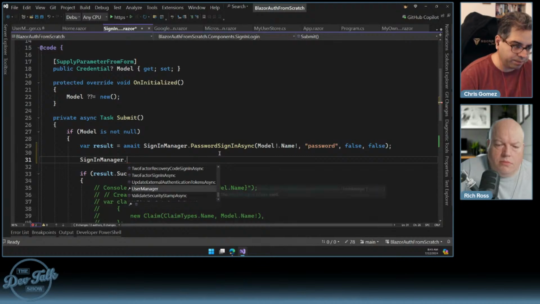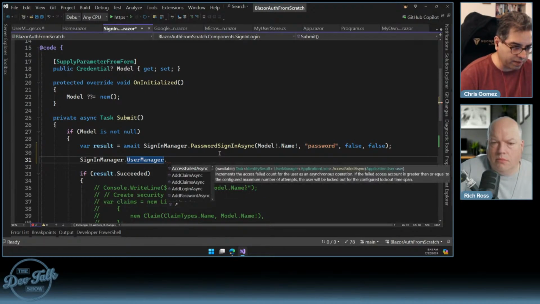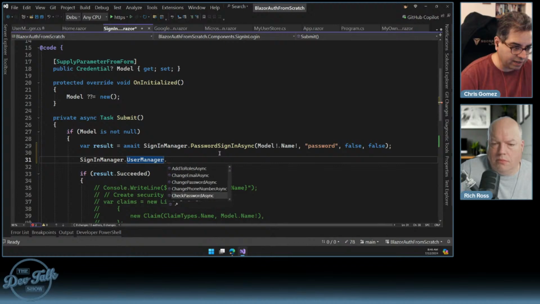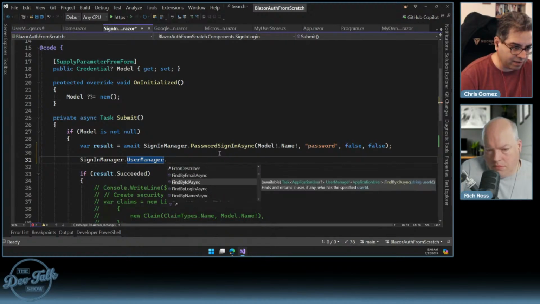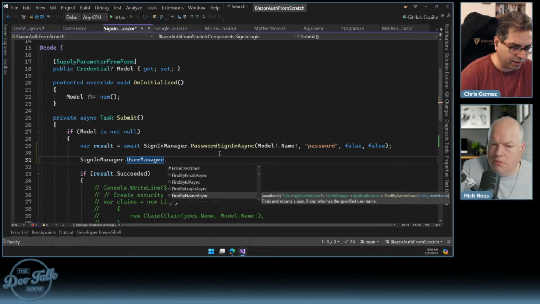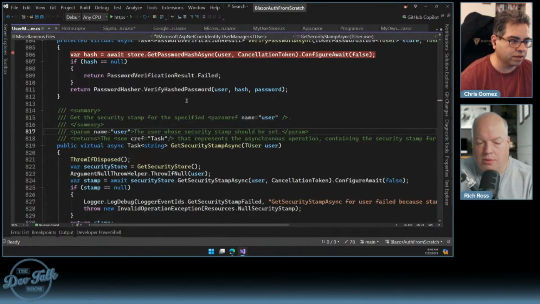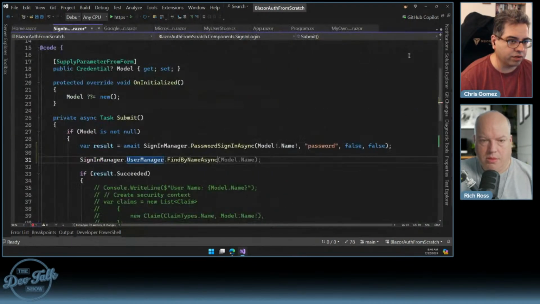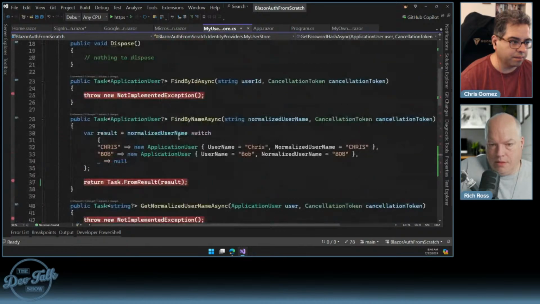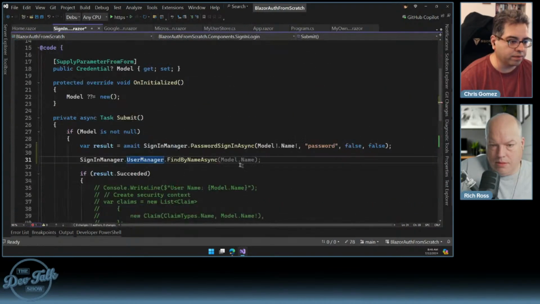So I'm not, there's a user manager. And then would I drop into user manager and say find by ID async, or name async is what I think is getting used? Is that correct? I suppose we can go look at our user manager. Sorry, that's not our user manager. Yeah, find by name. Okay, so now